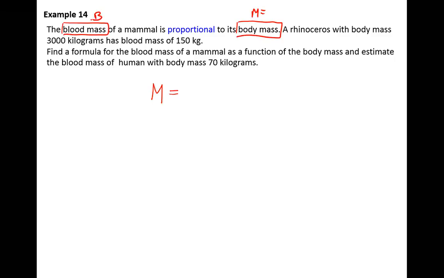Okay, we can see the blood mass of the mammal is proportional to the body mass. Am I right? It's so simple, it's just a linear equation. No, we need, let's say B is body. Am I right? Because the whole mass